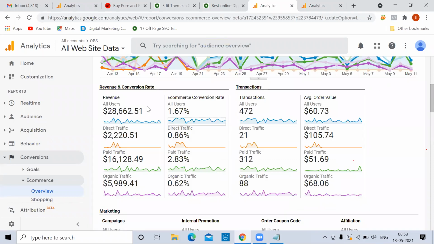In the last 30 days, total revenue was $28,000. Among them, direct traffic is $2,000. This is good actually. Without efforts now, because of the previous efforts, people thought of it as a brand and are coming back. Paid traffic $16,000 and organic traffic is $5,000. This is a bonus for us because our SEO is working, around $6,000 we're making. So we have to improve this. Whereas this paid traffic, we're already spending budget on the Google Ads. Because of that, this is coming anyway. But this and this are bonus. This $6,000 plus $2,000, $8,000 are a bonus for us. Now we're trying to improve this traffic actually.